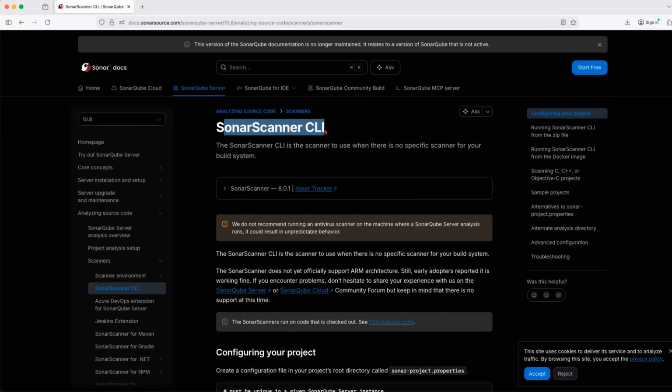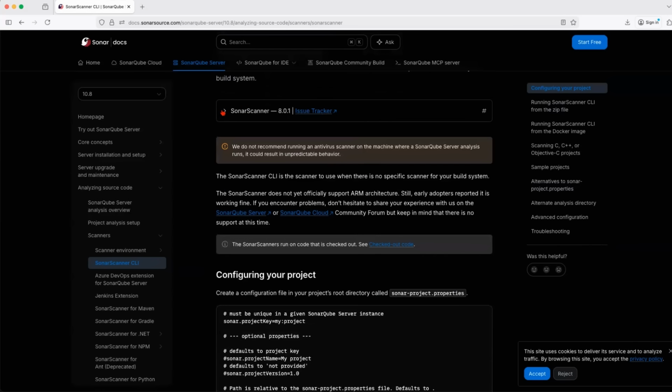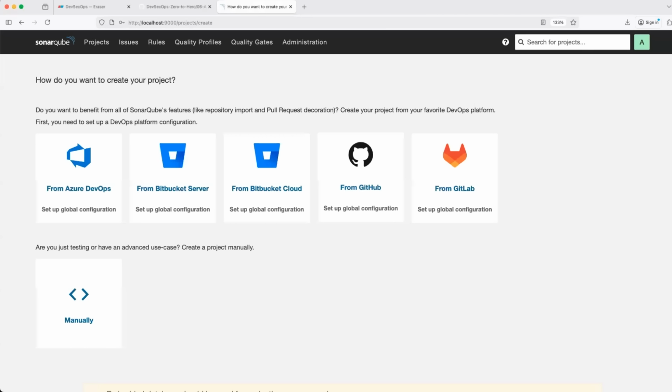The link to the website is in our MD file. Just scroll down. All you have to do here is scroll down. You will find this hover. Click on the hover and you will find the download button. That's it. Just download it. The rest of the steps you can follow from my documentation. Okay. So now once we are with the SonarQube CLI, once you download it,